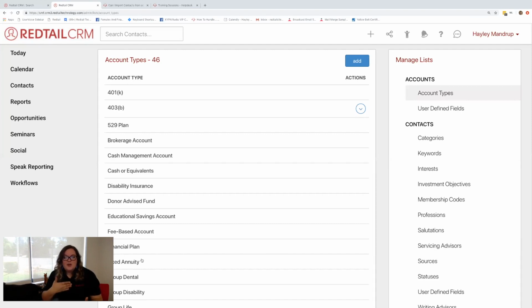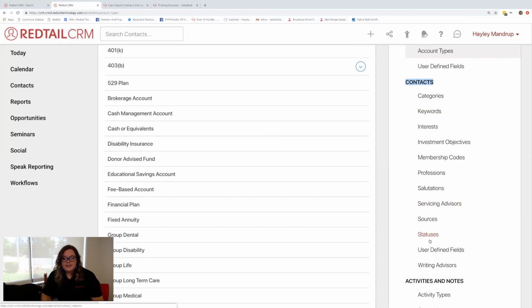You're watching this video because you're interested in seeing how Redtail recommends using the system, and we're really glad that you're here, because one of the ways that we limit your customization is by limiting the number of lists that you can add to or edit within the system. But all of the lists that you have customization rights to are on this page. So under Manage Lists, there are a number of contact fields that you can add to or edit, including status